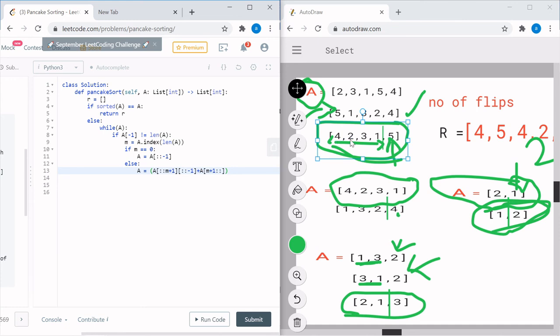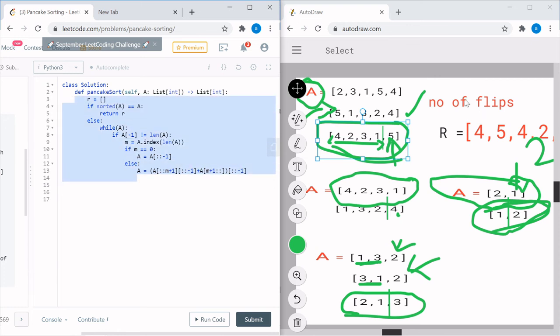How did I do that? Similar to this. What is the syntax over here? I flipped the entire thing. Yes, this is done. The flipping portion is done. But what I said is, what are we supposed to return at the end of this function? I'm supposed to return this array.